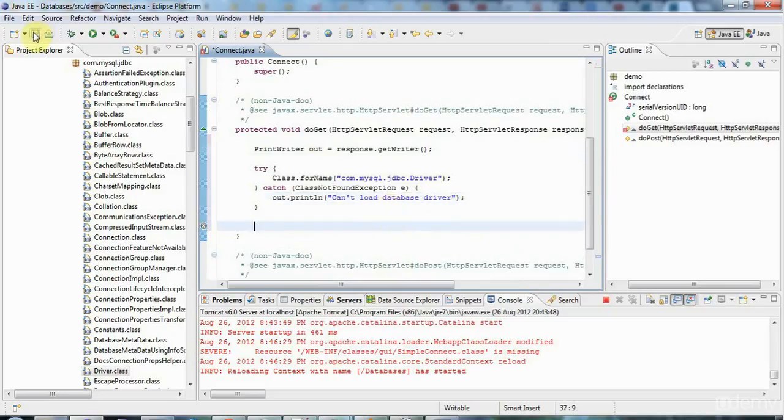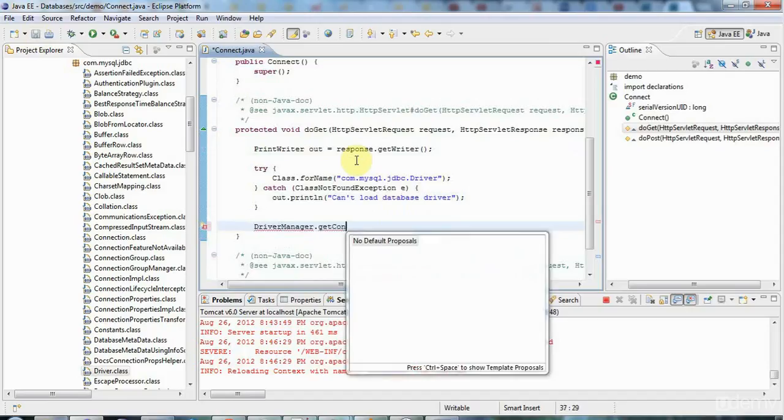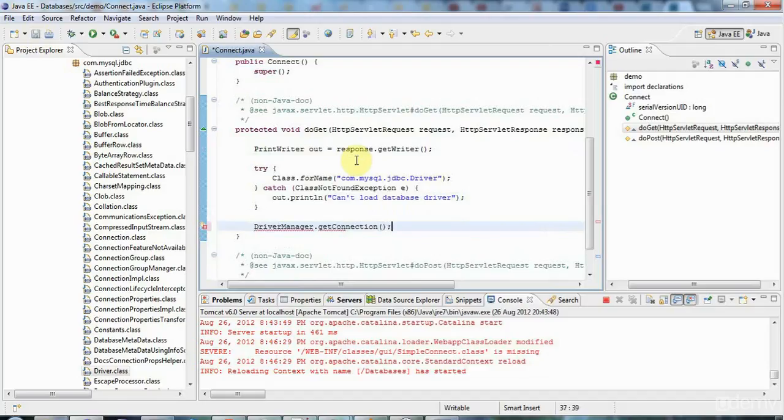And now I can connect to the database, hopefully, and the method to use is DriverManager.getConnection. So I'm using a static method of this DriverManager class, and let's see if I can add the import with Control-Shift-O. And to getConnection, I have to supply a connection URL, and the connection URL depends upon what port your database is running on. But in this case it's going to start with jdbc, I think it always does, and then colon and the name of your database, which is mysql here,